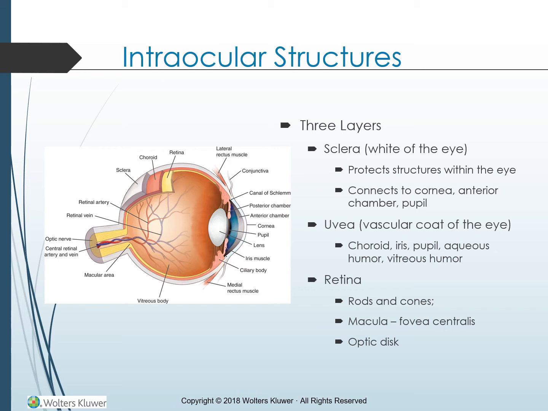The macula lutea, L-U-T-E-A, or the yellow spot, is composed entirely of cones and allows for detailed vision. It lies in the center of the retina. The fovea centralis, or foveola, is at the center of the macula. The blood vessels are displaced from the fovea centralis, allowing light to pass to the cones. The density of the cones decreases away from the fovea centralis as the number of rods increases in the periphery